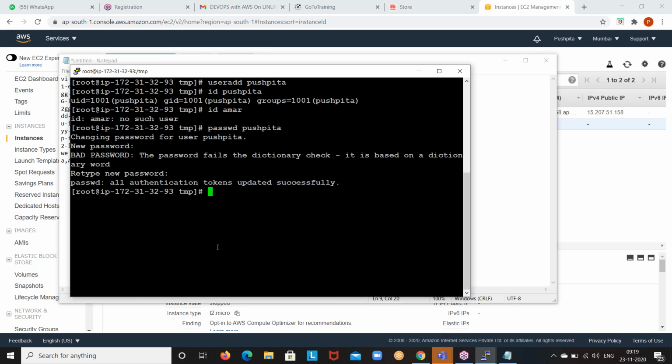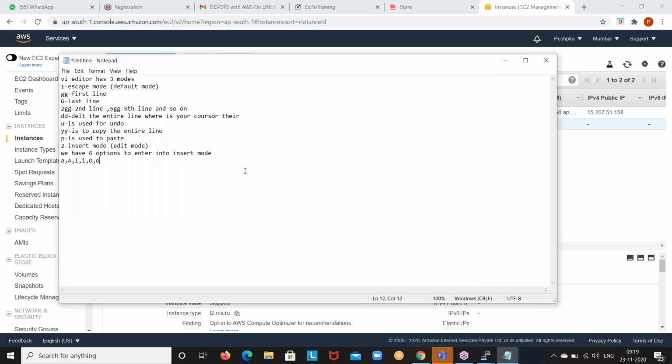But how to log in with this user? So can you open your notepad? I want to say something now. Write down: by default, AWS Linux servers, meaning the Linux servers which you launched in AWS cloud, allow only "ec2-user".